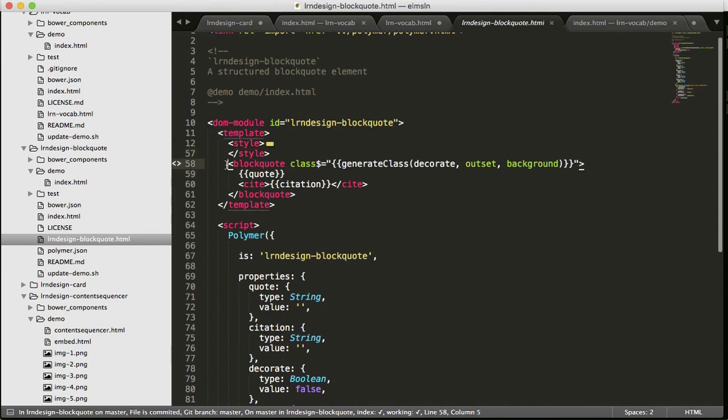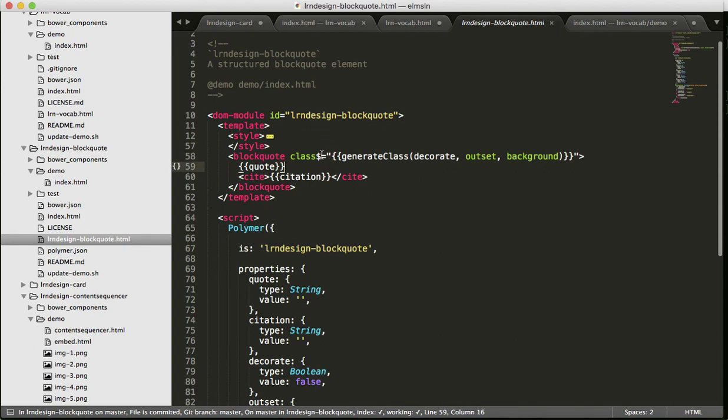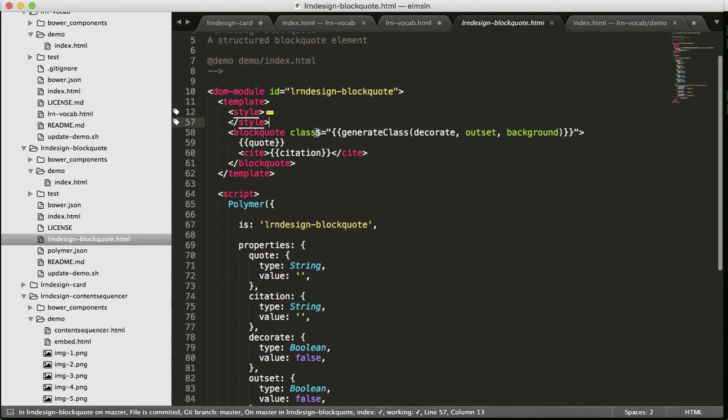So for this simple example, I have a block quote, and then we start to get a little bit into variable land. But basically this $equals means whatever the output of this is, throw it in this field, right? And so I run a function called generate class. The other cool thing about this is I have my CSS, my HTML template, and then I can also include